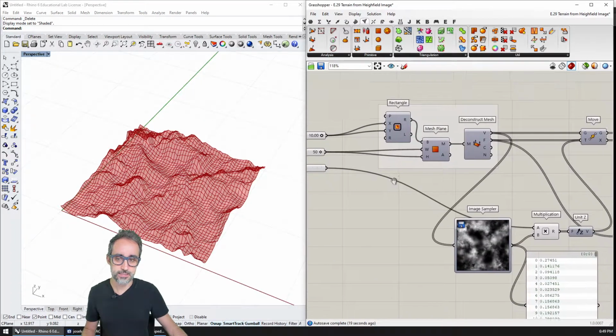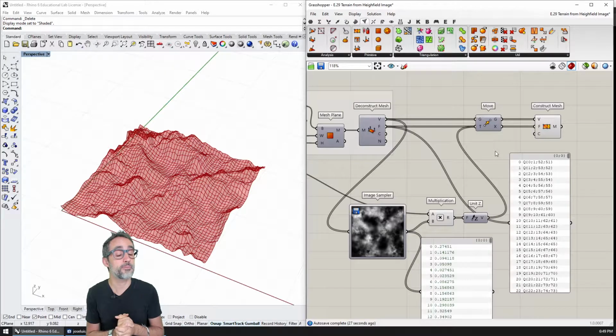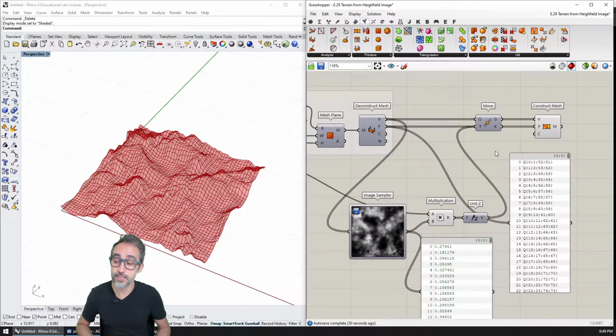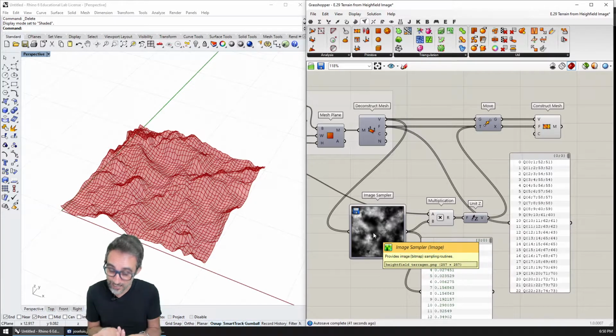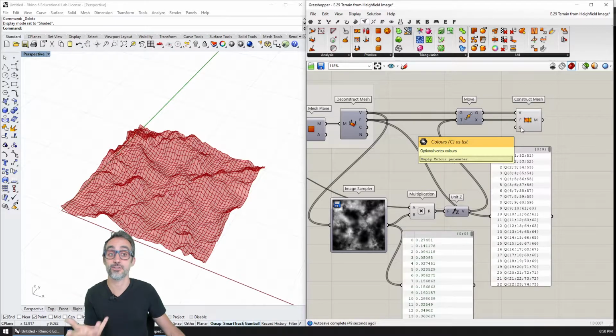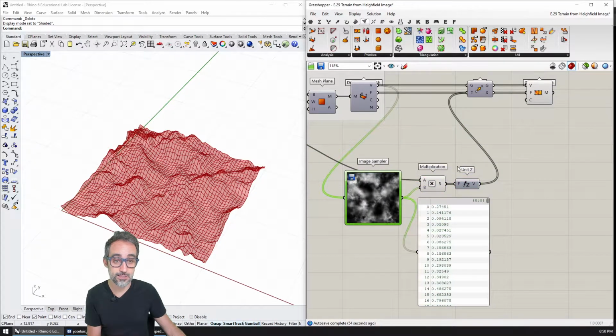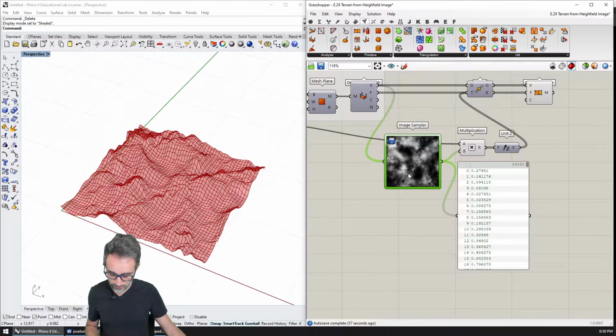The other thing is we are using meshes, and we also know that meshes give us the opportunity to color them, because they let us add vertex colors to each one of their vertices. So since we have the mesh, why not use this image also as a texture that we apply? So when I construct the mesh, remember that I can plug in vertex colors. I can use the exact same image sampler, and copy and paste it.